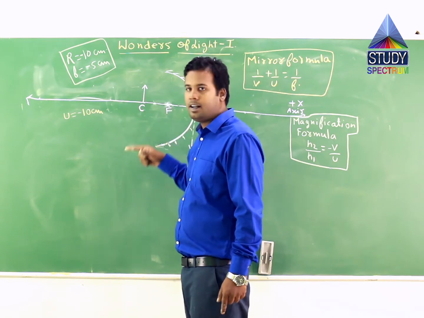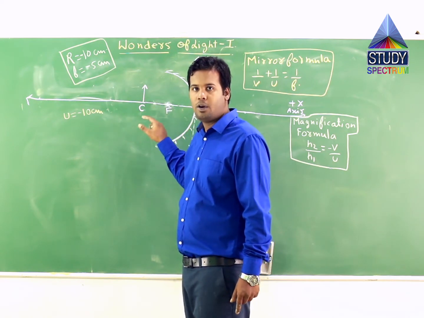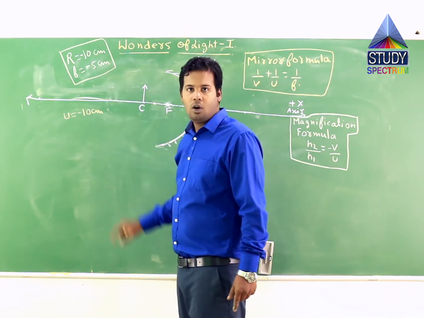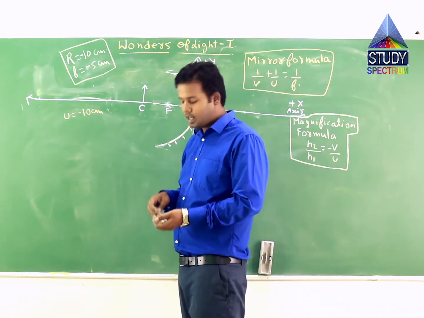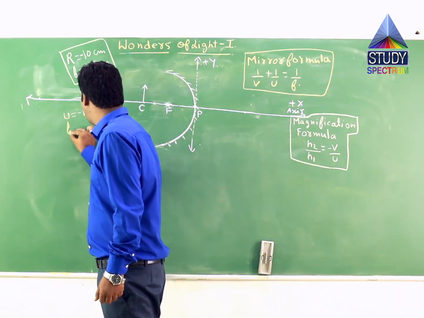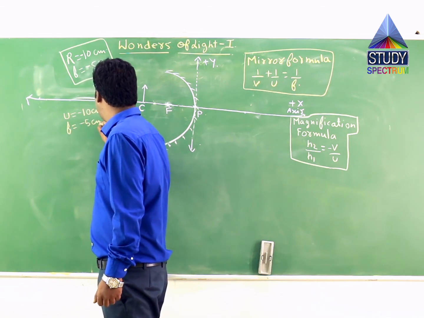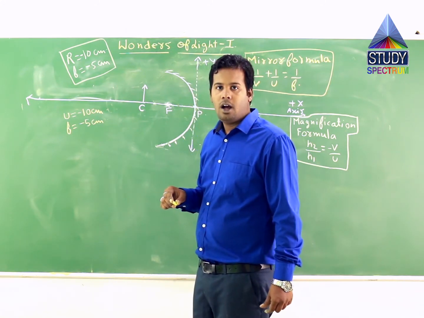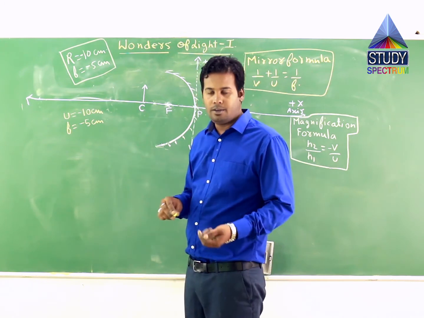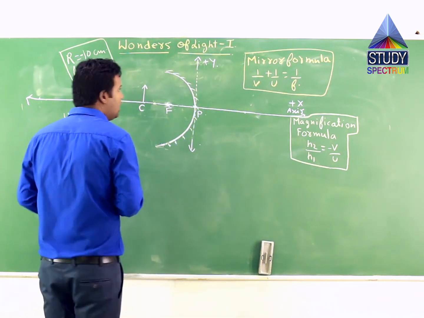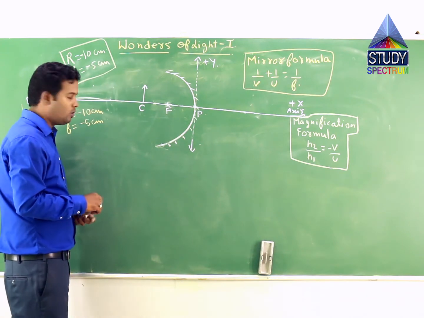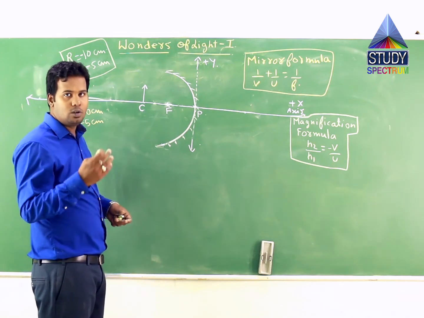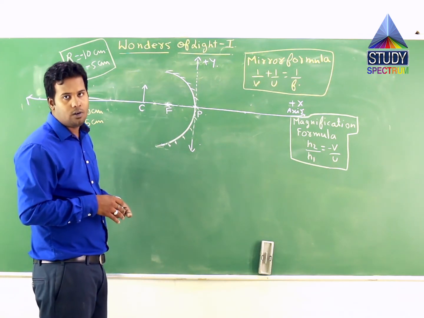And since the object is lying at the center of curvature point itself, the distance of the object from the pole should be equal to the value of the radius. So we will take u as minus 10 centimeter itself. f is minus 5 centimeter, just because the focal length for small apertures of a spherical mirror should be half of the radius. Now once again we will use the mirror formula, 1 by v plus 1 by u is equal to 1 by f, and we will solve for the position of the image and whether the image is real or virtual.